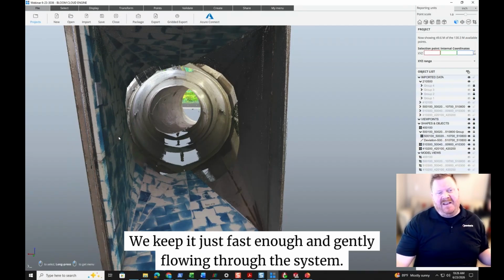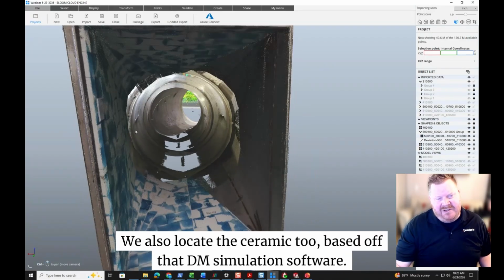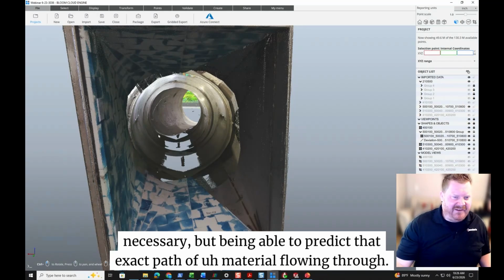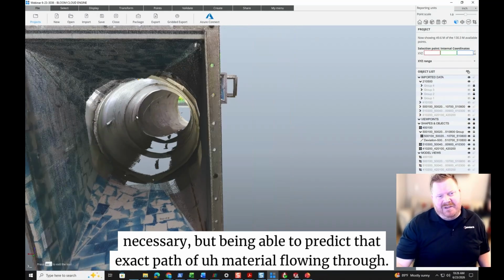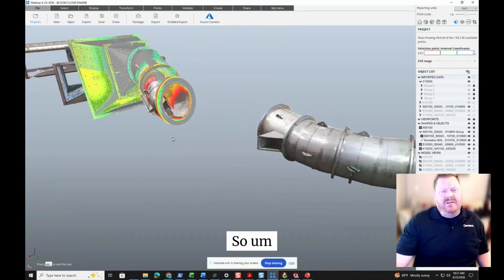We keep it just fast enough and gently flowing through the system, so it's wearing on the ceramic in its intended location. We also locate the ceramic based off that DEM simulation software, so we're not overlining the chute and costing the customer more money where it's not necessary, by being able to predict that exact path of material flowing through. So